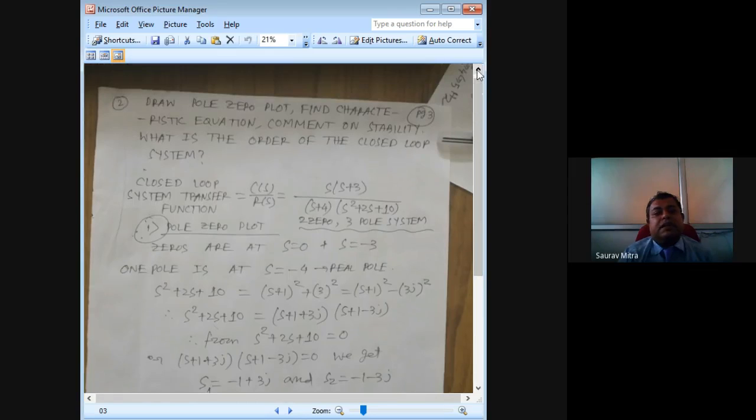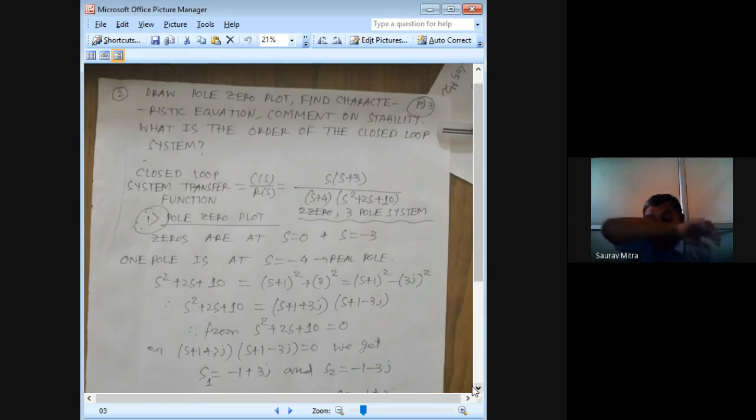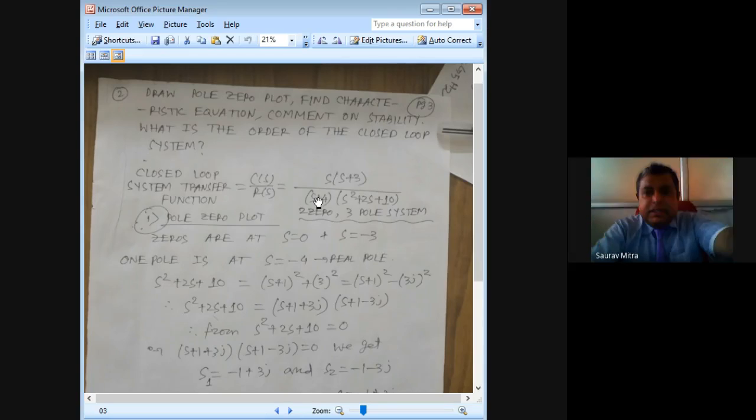Now after finding the transfer function of the system, what to do with that? After finding the transfer function, we can find the poles and zeros of the system. That is a very important thing, because poles and zeros tell a lot about the system. Poles are the points where the system gain becomes infinite. Suppose you substitute s = -4 here, in this case s = -4 is the position of the pole, then the denominator comes to be 0. Overall, C(s)/R(s), which we sometimes call gain, but we call it the system transfer function,